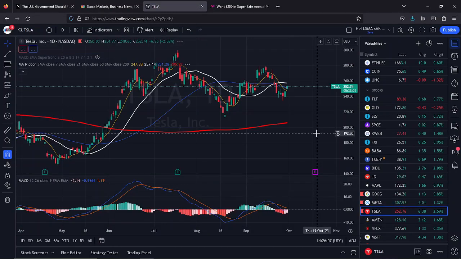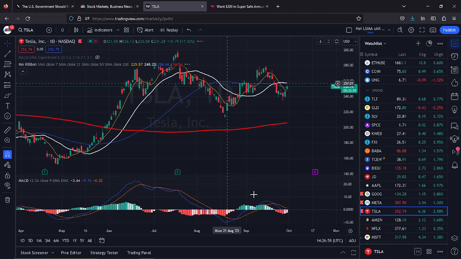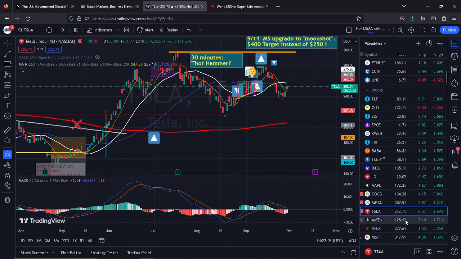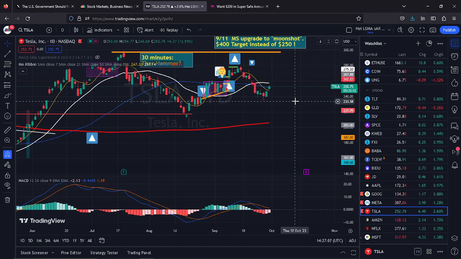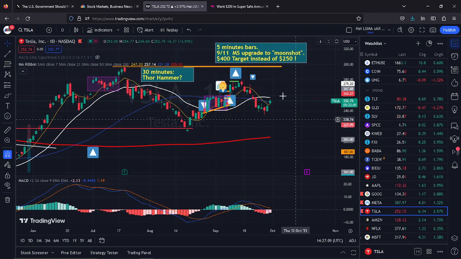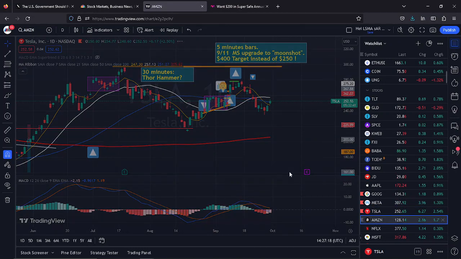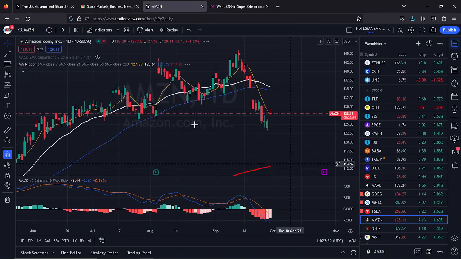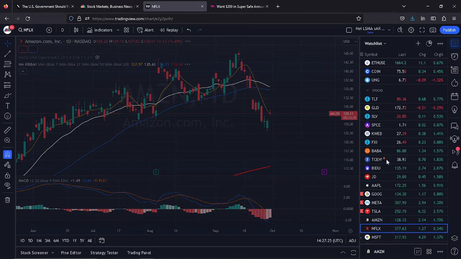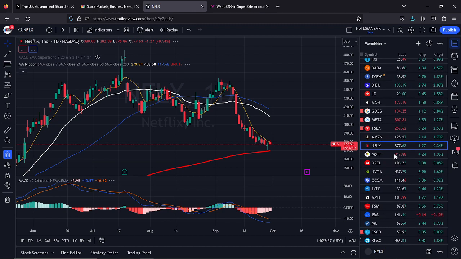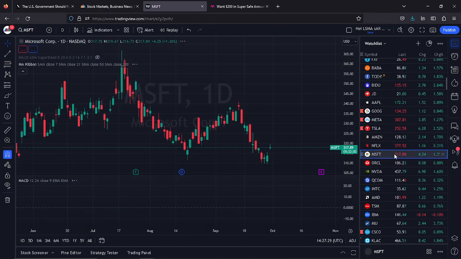Tesla, bottom. Momentum died down. Okay, it is what it is. So many things marked. You have to clear here, but then you have to clear here. So the market has got to be in a really good mood to break this. That would be interesting to watch. Amazon just prepped out. Netflix. Nothing much on these big boys.